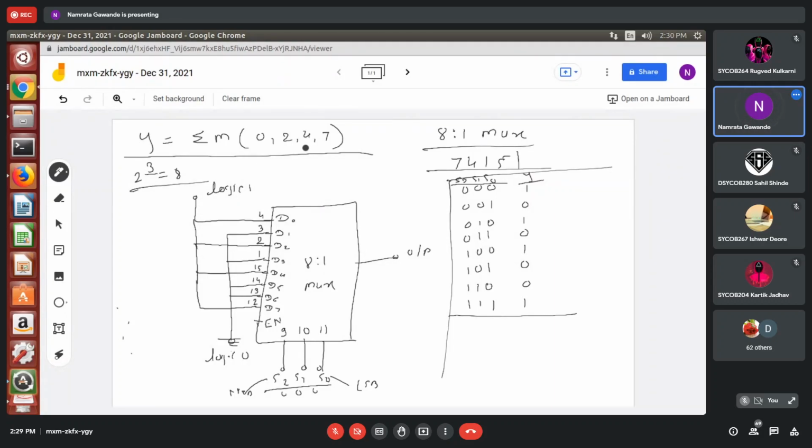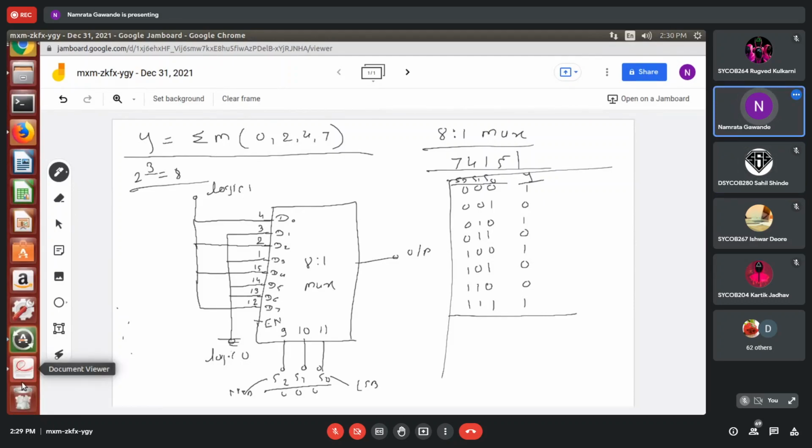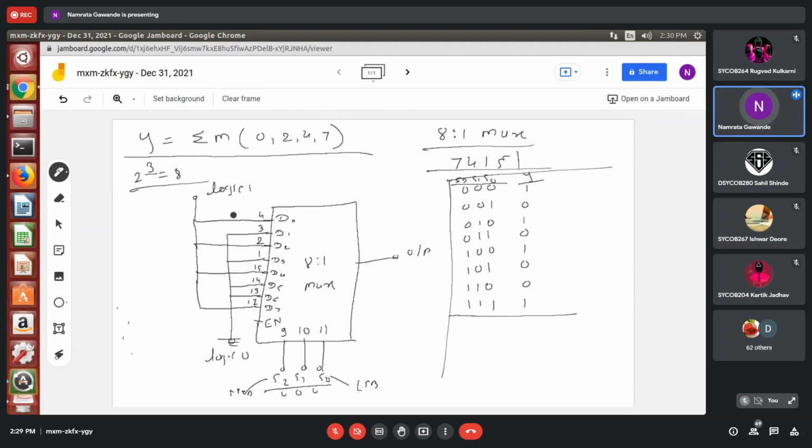Yes, ma'am. Got it. Thank you. Okay. In the write-up manual PDF copy, there is a different example. So what you do, just implement it now. I will give you some time for that. Now it's 2:30. I will give you 10 minutes to implement this particular circuit. I'll open this particular part. You just implement this.